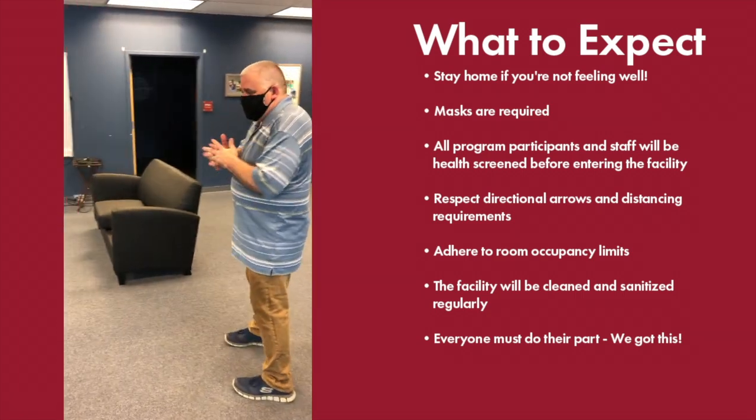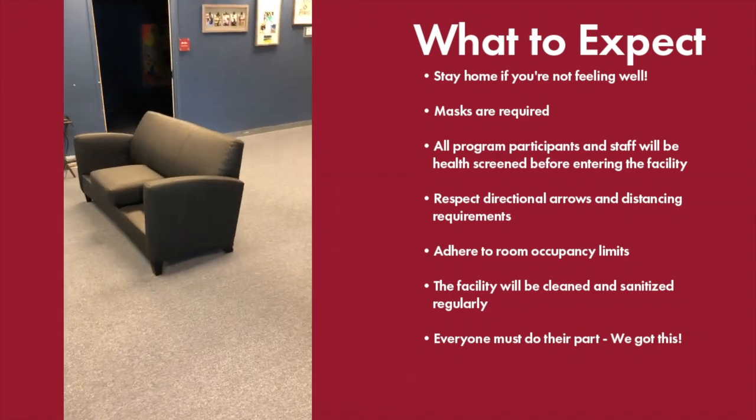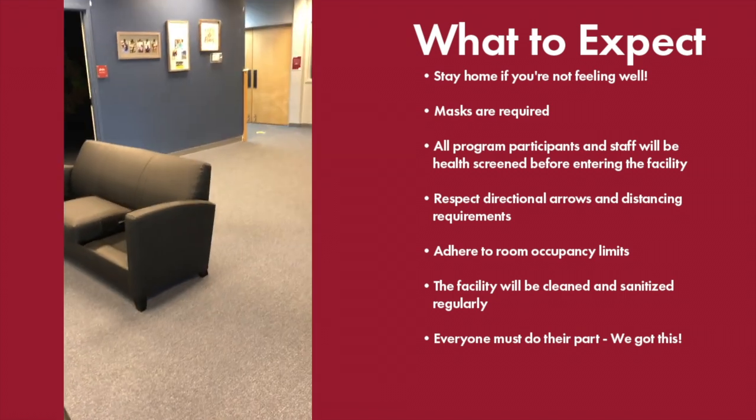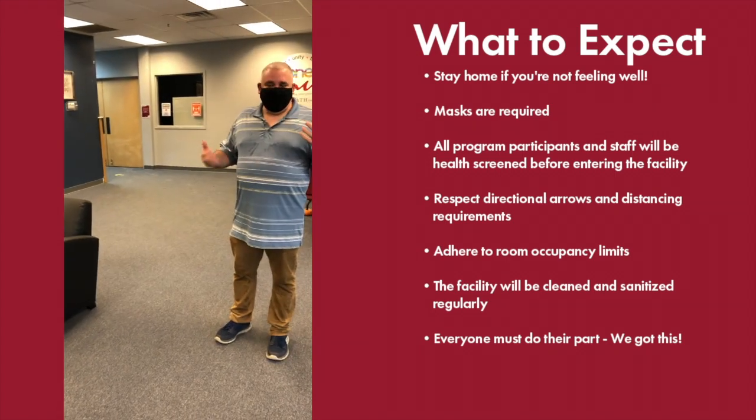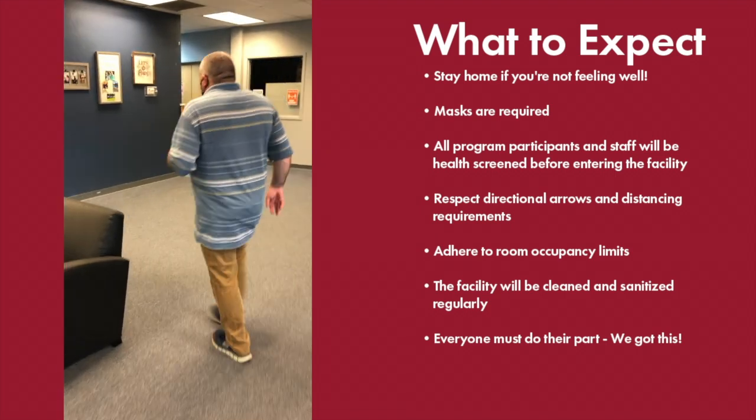Speaking of social distancing, the couches here in the lobby have one cushion on each of them. The expectation is that there'll only be one person sitting on each couch. And again, that's to help maintain social distancing, to help keep everyone safe and healthy. When we see the rooms,